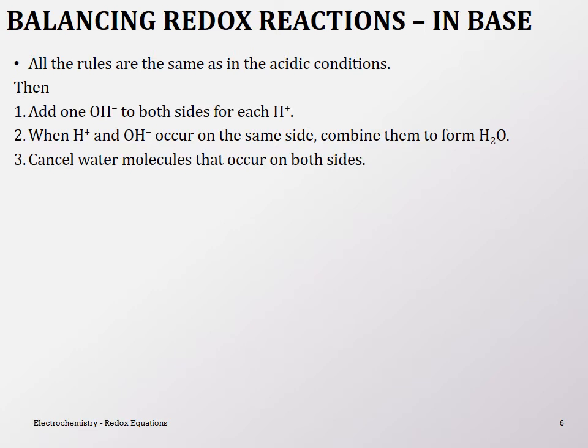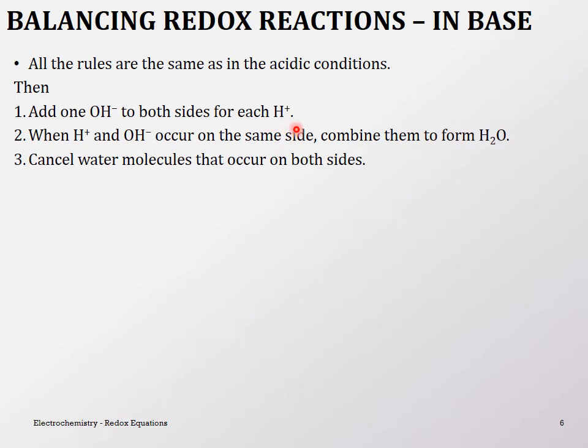Now let's look at how to balance a redox equation in base. In bases, you should have hydroxides remaining. Water is ever present everywhere, but in a basic condition, you should not have any protons. So when you start balancing the equation in a basic condition, everything is going to be the same as for the acidic condition, no problem, which means you balance the oxygen using water, then you balance the hydrogen